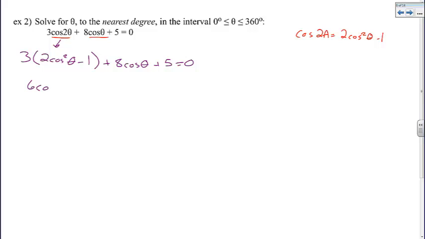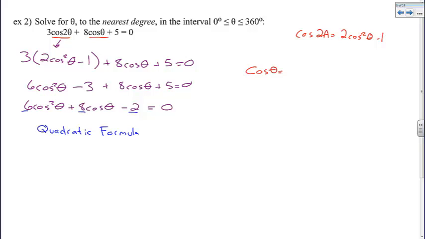So I'm going to distribute that 3 to the 2 cosine squared theta and get 6 cosine squared theta, and I'm also going to distribute that 3 to the negative 1, getting negative 3. I continue and write the remainder of my terms, plus cosine theta plus 5 equal to 0. Now I simply have to combine like terms, and I have my equation in standard quadratic form. Once again, I'm going to use the quadratic formula here, and I will get two values for the cosine of